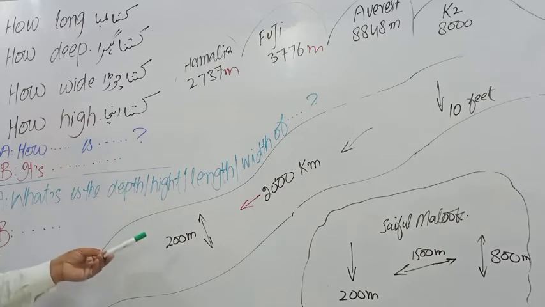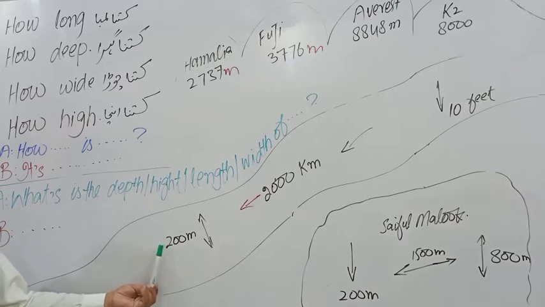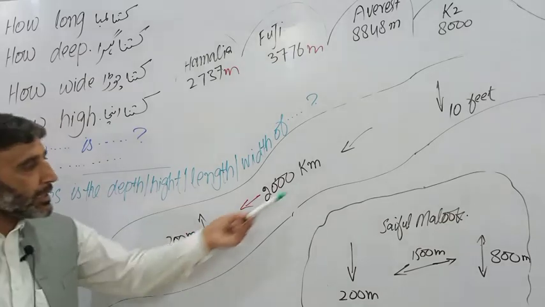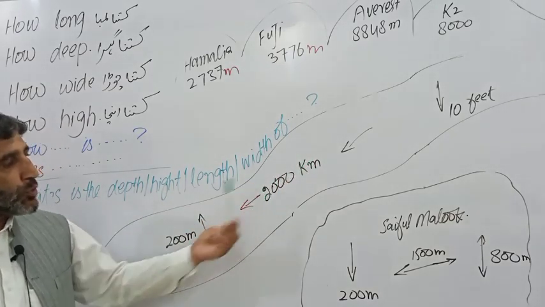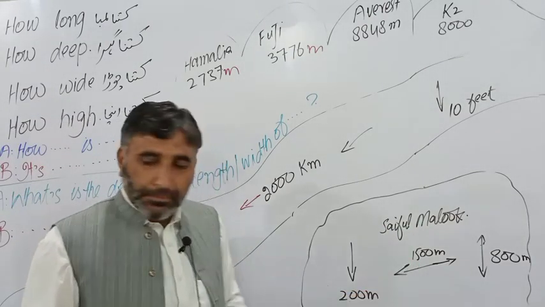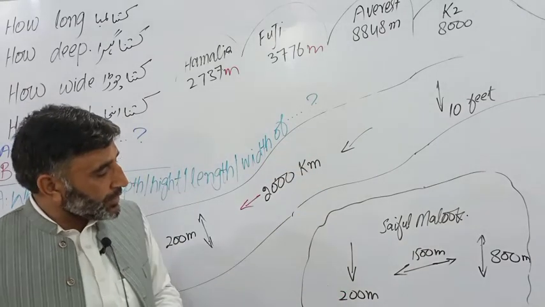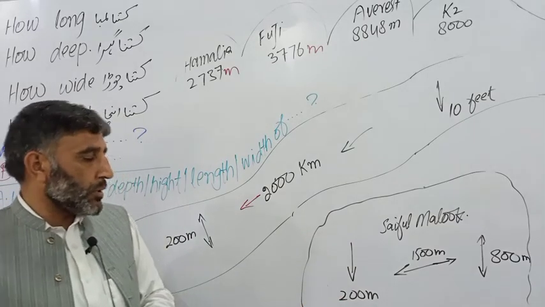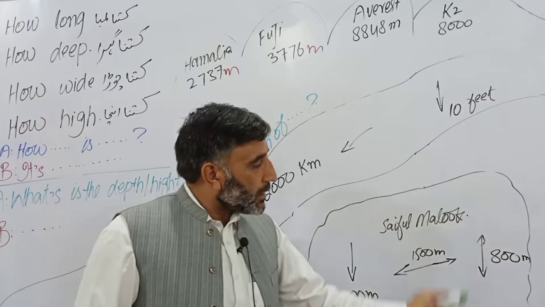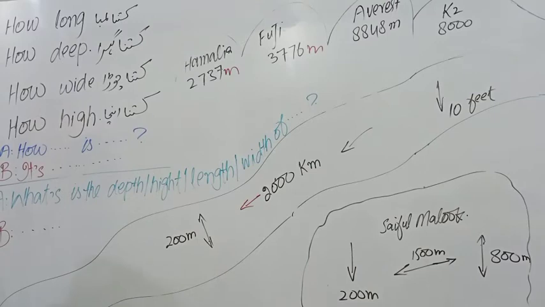And what's the width of river Panchkola? So 200 meters. And what's the length of river Panchkola? 2,000 kilometers. And what's the length of Jheel Saif al Malook? It's 1,500. And what's the depth of Jheel Saif al Malook? It's 200 meters. And what's the width of Jheel Saif al Malook? 800 meters. So in this way, dear viewers and listener, you can talk about how long is a place